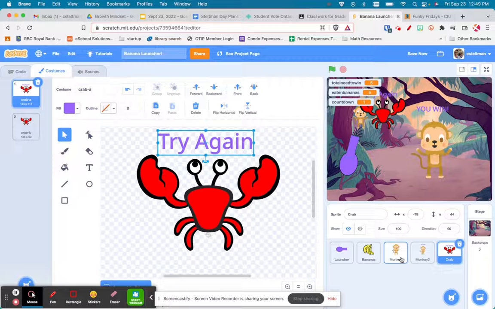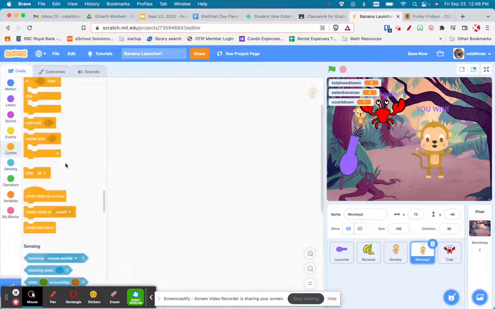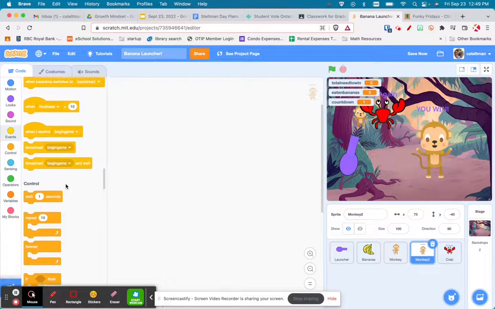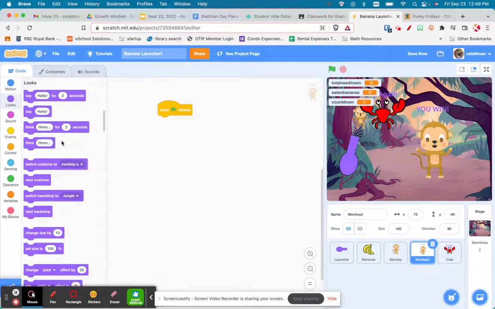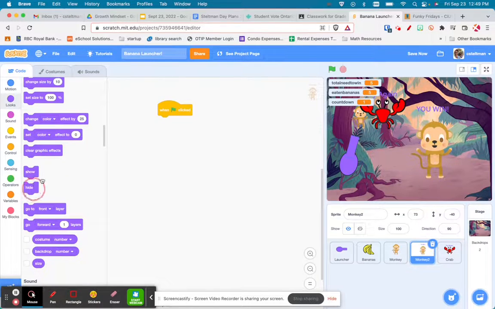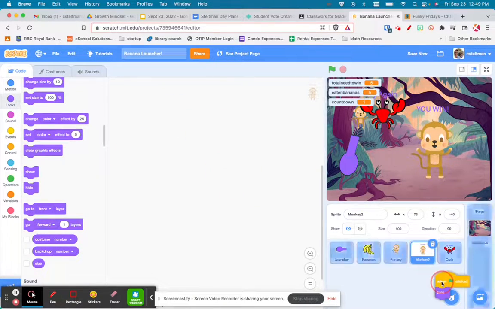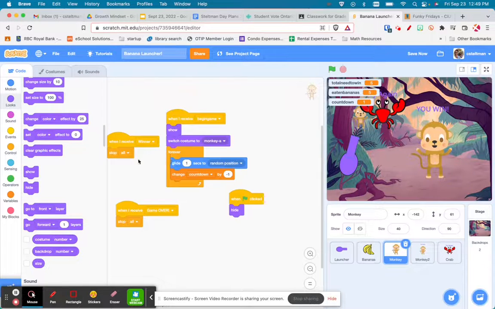So I've just got to change a little bit of the code. So normally inside of the code, we will have this sprite we will not see, right? We don't want to see this. So when the flag is clicked, this sprite hides, and we want that to happen to the crab too. So if you drag and drop it and it wiggles like that, it's hiding. So he hides then. When do you get a you win? Well, we actually put this code